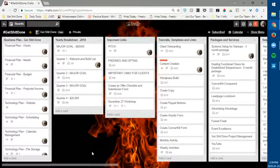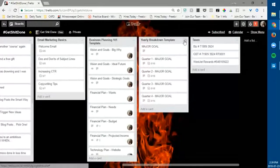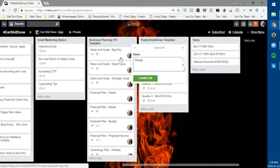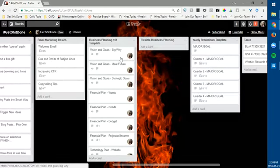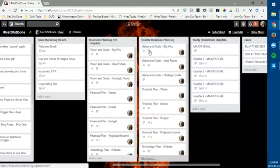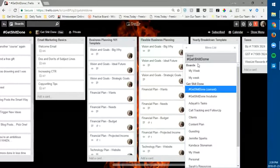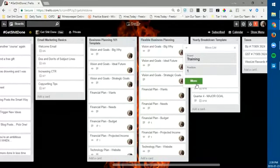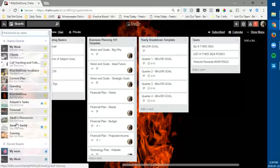So when it comes time to copying a list, say I want to copy this list over to a different board, all I do is just click copy, and you can rename it to whatever you want. If I could type, there we go. And it takes a second, and there it is. So then all I need to do is move it to a different board. I'm going to just move it over to my training board. Boom, it's gone. So now if I go over to my training board,